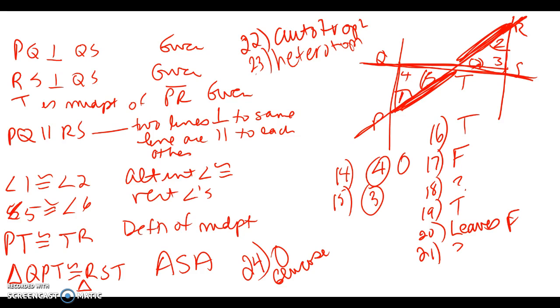So if I go back, that means 19 might be false. I'm not sure. Okay, water is required for photosynthesis. How does the plant acquire the